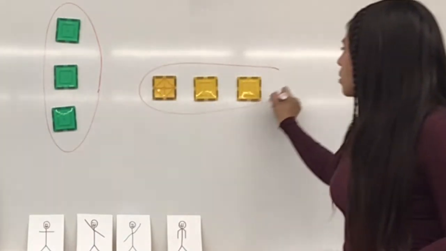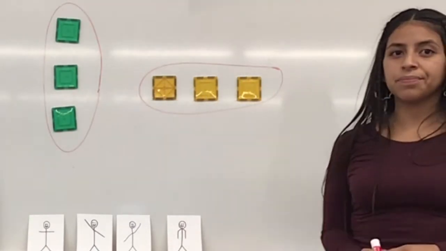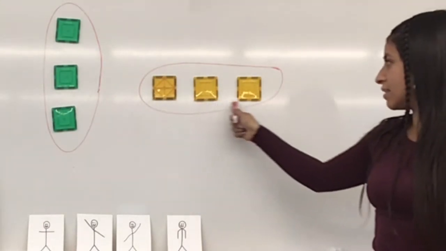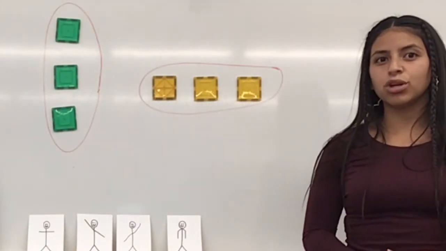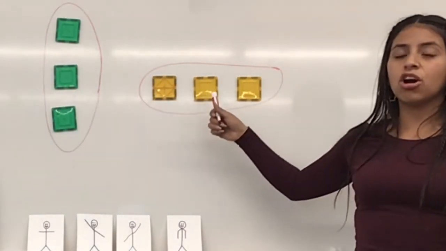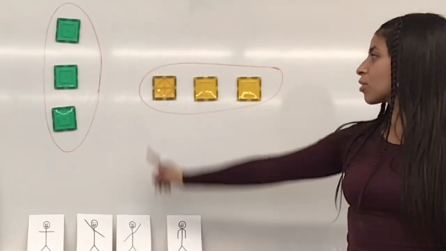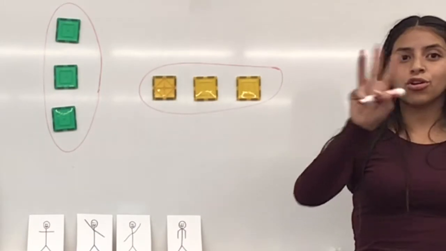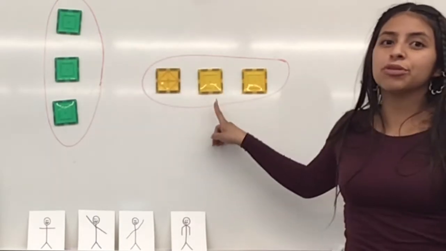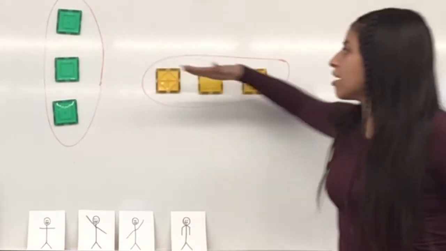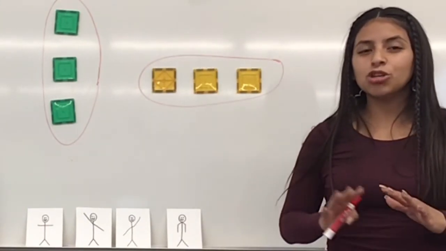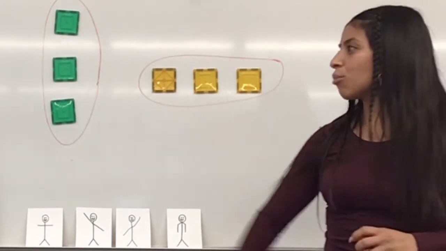My yellow group is in a horizontal line. How many objects do I have? Are these the same amount of objects as these? Even though they're in different lines, what do you think? Is there the same amount of green cubes in the green group that there are in the yellow group? Let's count. 1, 2, 3. 3 yellow linking cubes. Yes, TK, there are 3 objects here and there are 3 objects here. It doesn't matter what line they are in, there are still the same amount in each group. Now that we practiced moving our linking cubes around into different lines, we're gonna go ahead and work on our